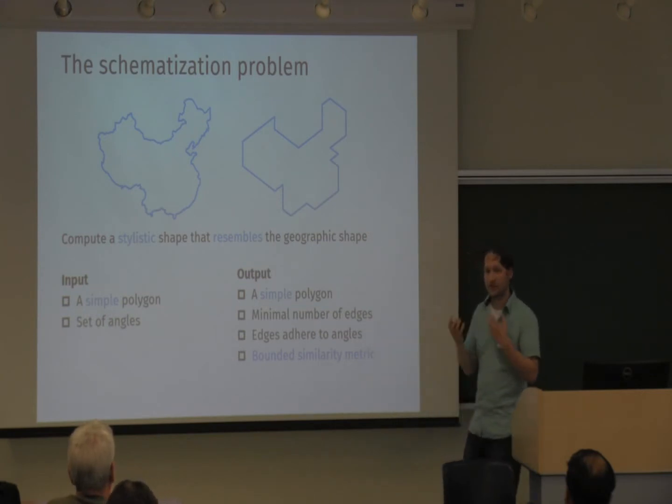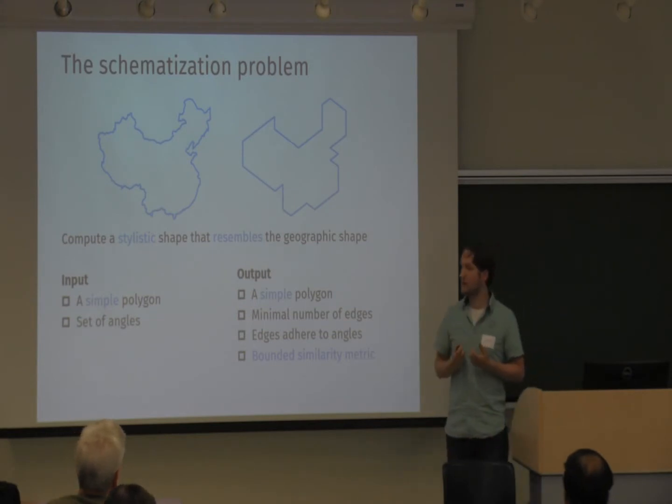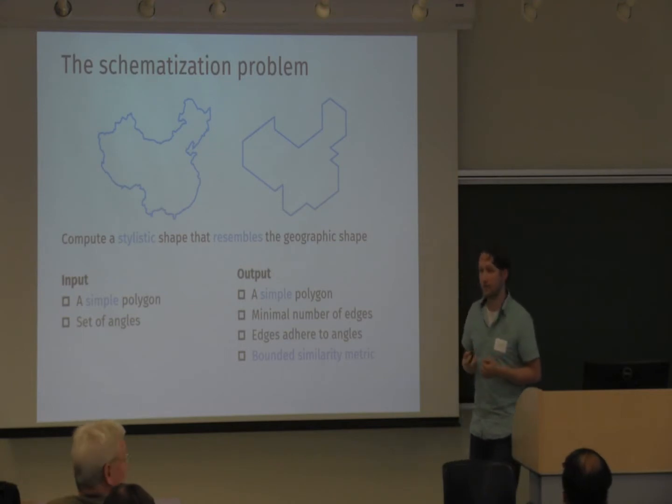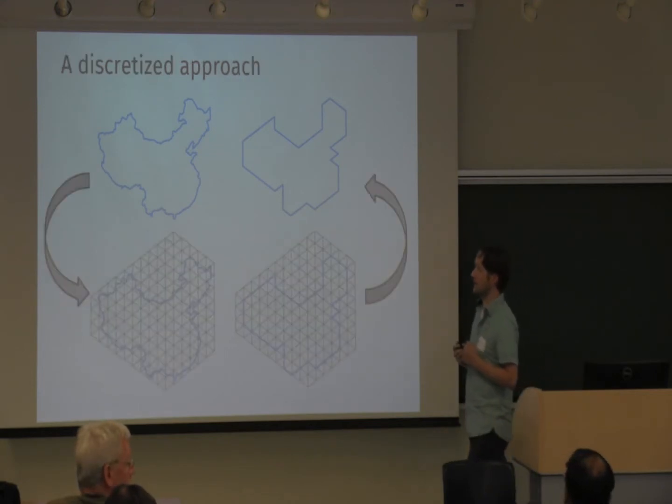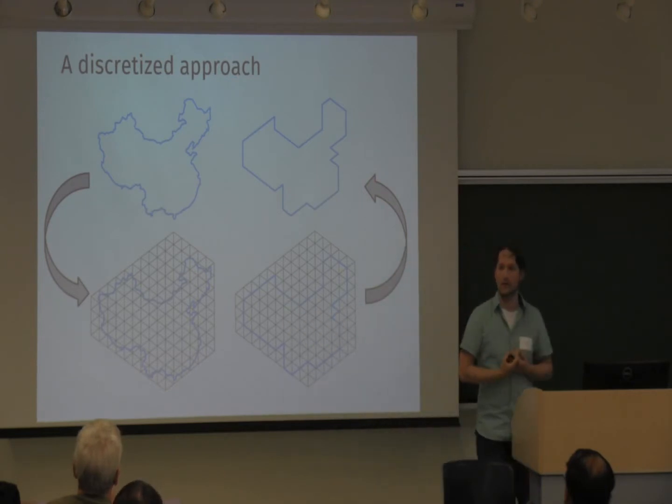So a set of angles, this is part of the input, but the reason I'm not going to be talking about it as much explicitly is because I want to take a discretized approach. The idea is that I take this shape and overlay it on some kind of grid that captures my stylistic